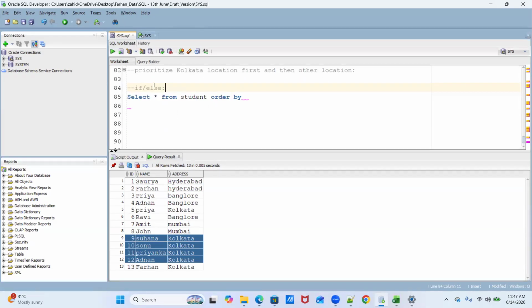It's not if else, but it behaves like if else. So you are saying if address is Kolkata, this is your requirement, pull those records at top or keep those records at top.